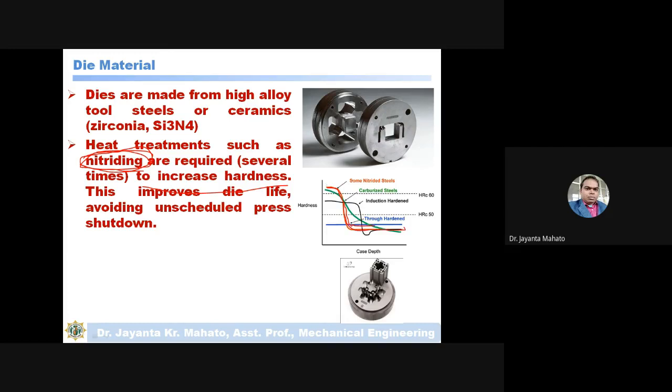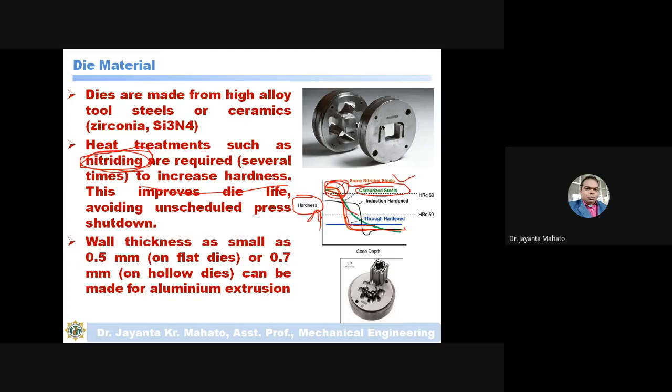So in this case, along the y-axis actually is the hardness value. So this curve is the top one, and then the next curve is actually for the carburizing process, carburizing of steel. So by nitriding the steel, you will get more hardness.